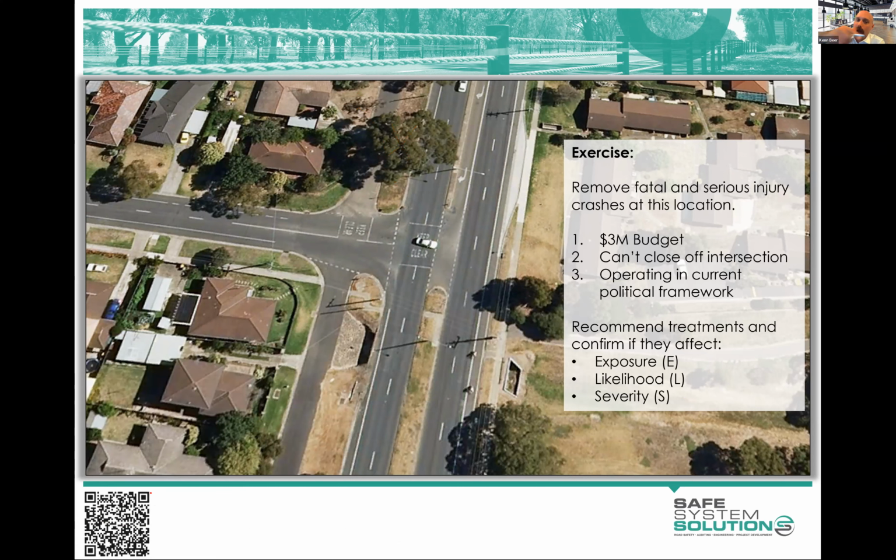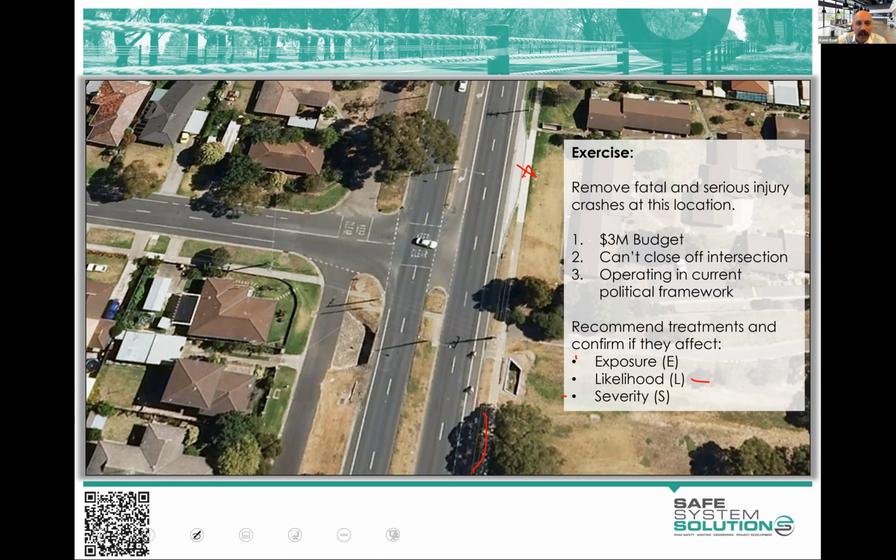Let's go. I'll give you another example. Maybe you want to move the bus stop from this location down to here, because you think it's a bit messy there. It's a bit turbulent, there's a lot going on. Don't quite like that location of it, so I'm going to move it down there. That would certainly be a likelihood reducer because you've put it to an area where there's less chance a crash will happen. There's still the same exposure because we're still going to have the same number of buses, the same number of vehicles, the same number of passengers. So there's still the same numbers of people there.